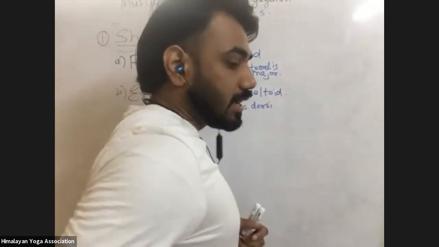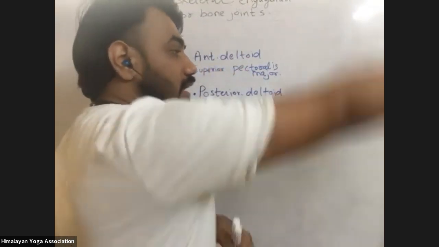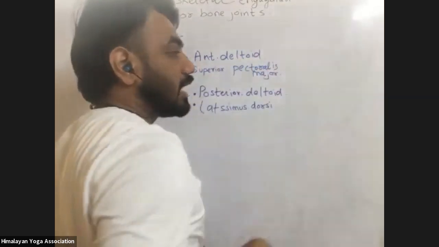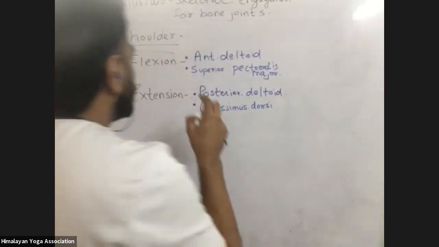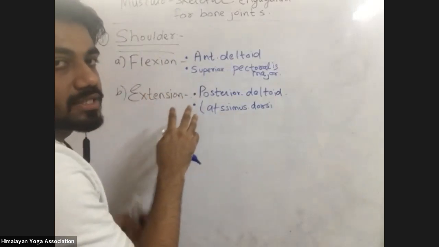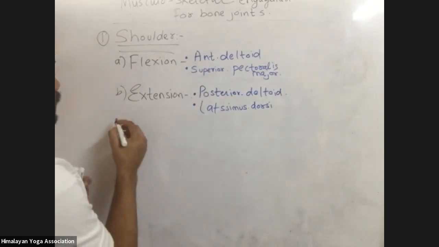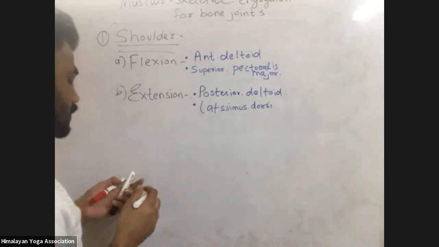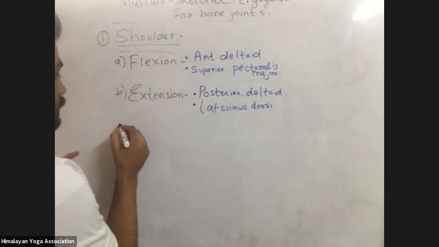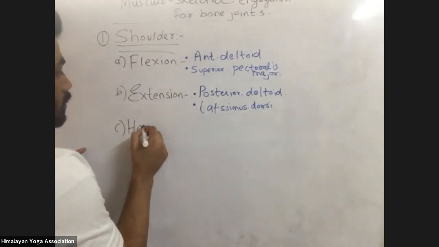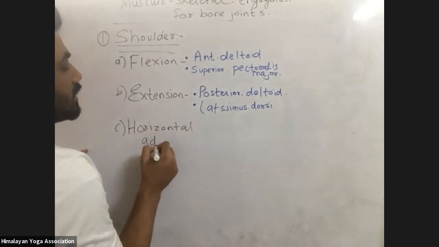So when we extend the arm, lats get engaged. So where this is ending, lats get engaged, not at the starting point. So flexion, extension, we have the adduction movement and abduction movement. So I will write horizontal flexion or horizontal abduction or adduction. So write it down, horizontal adduction.